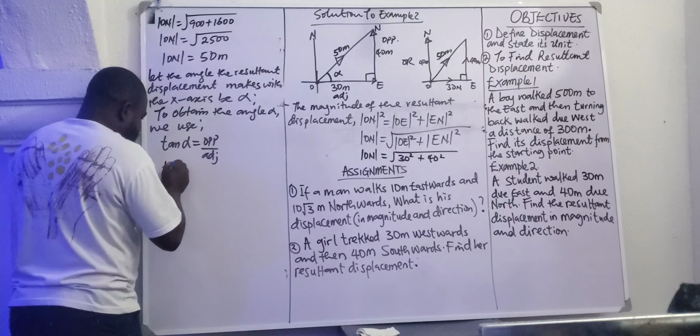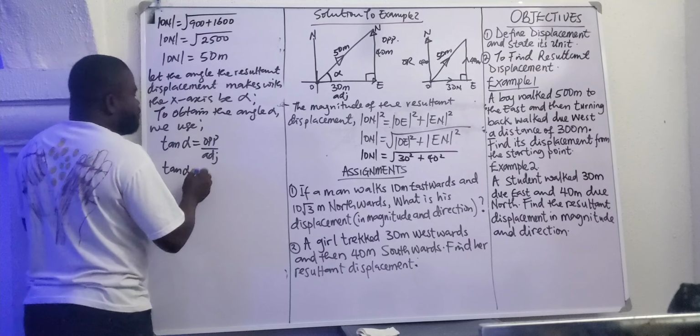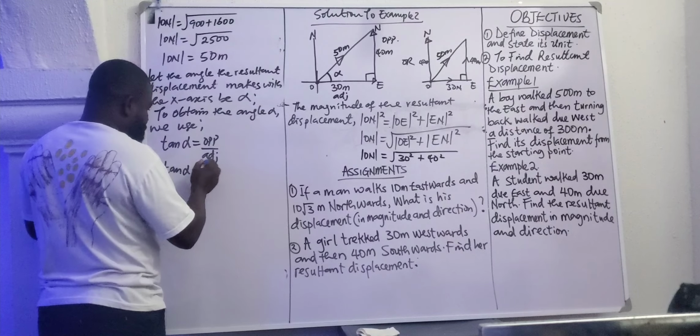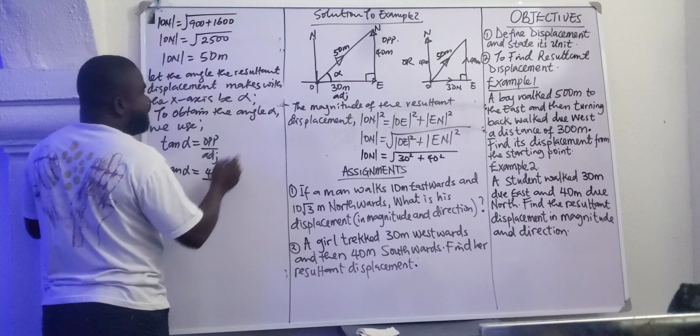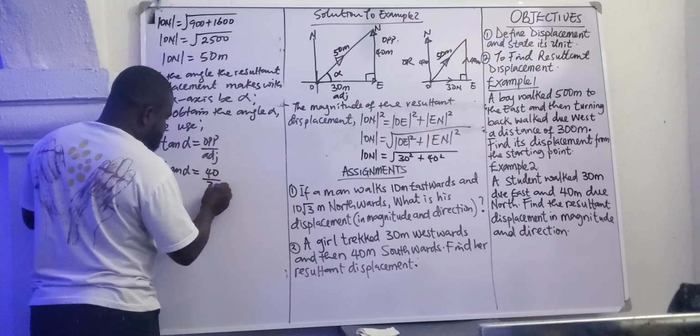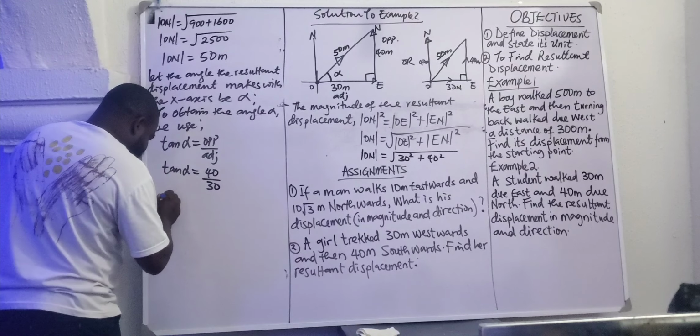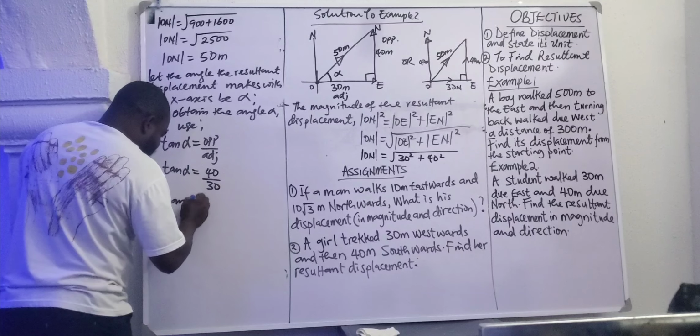That gives me tan alpha is equal to, my opposite is 40, and my adjacent is 30. Once you divide that, you will have tan alpha is